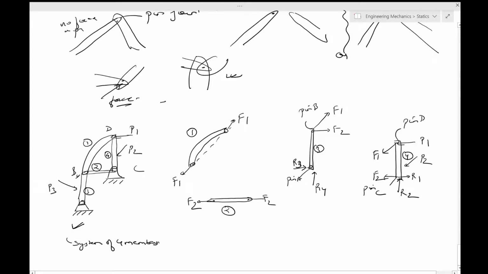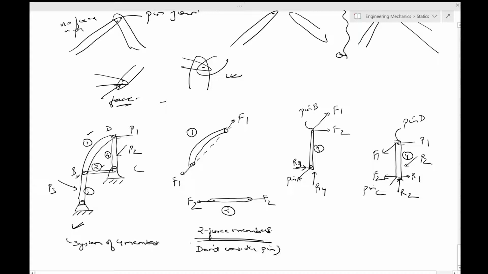So 1 and 2 are identified as 2 force members, which has been shown accordingly. So don't consider pin as a part of this because it is 2 force members, so just let it be like that. So don't consider pin over here